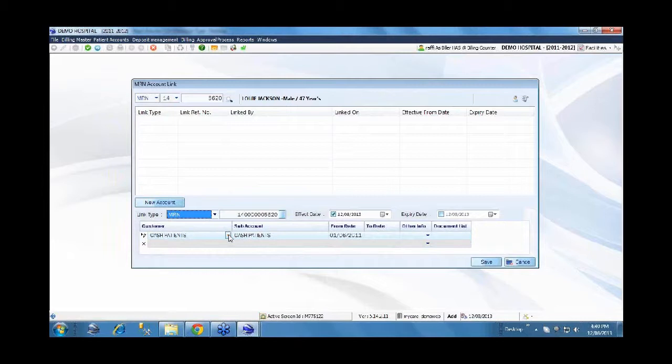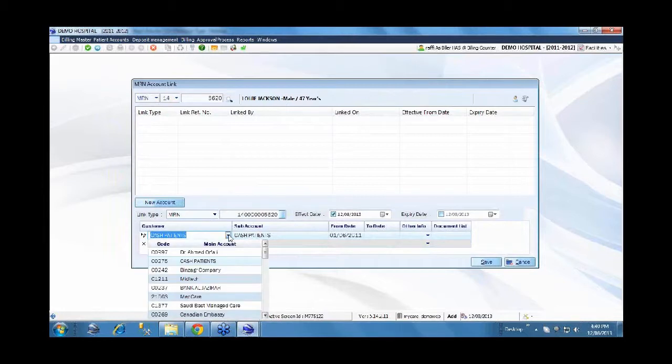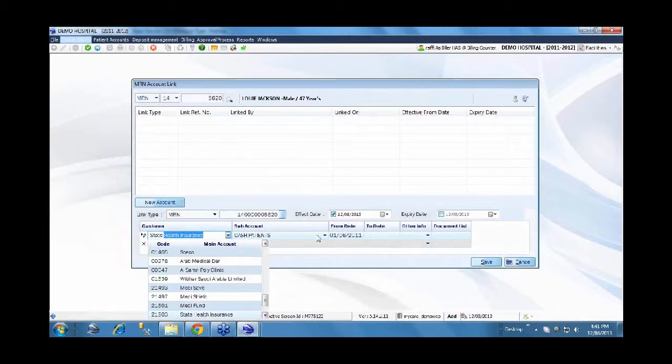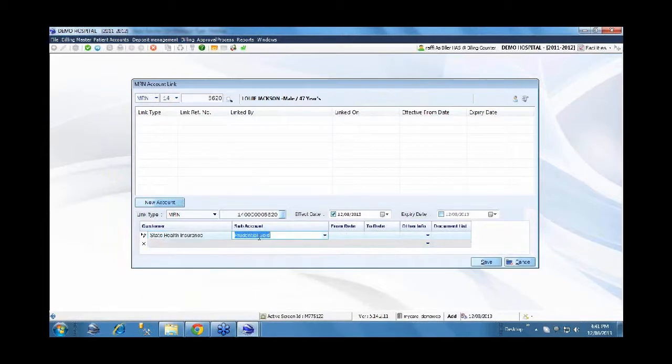So you can specify that in the sub account. The main account will be state health insurance and the sub account will be the respective policy. Like this, there are various other provisions. Once you link, as per the definition in the customer, whatever validations you have specified as required for capturing the policy ID and the necessary documents which need to be verified, scanned and attached, all of those verifications and validations will happen here.